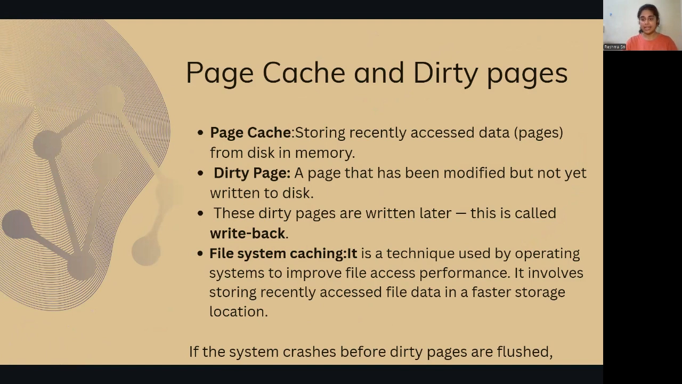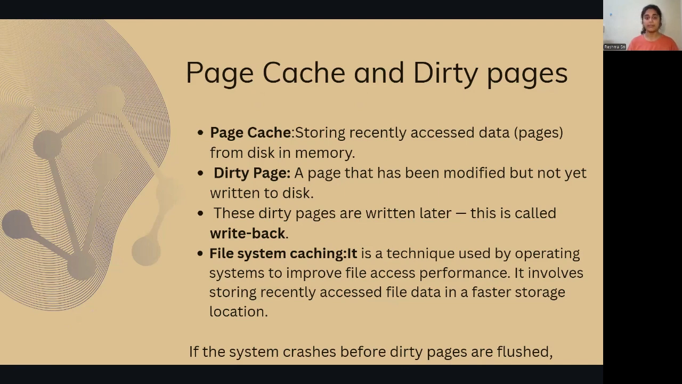So it is basically a technique used by operating systems to improve file access performance by storing the recently accessed files from the disk in page cache or in RAM, or the recently accessed data into fast storage locations. Now, to perform this, it uses page cache. Page cache is basically a memory location inside RAM which stores file data of the files which were recently accessed